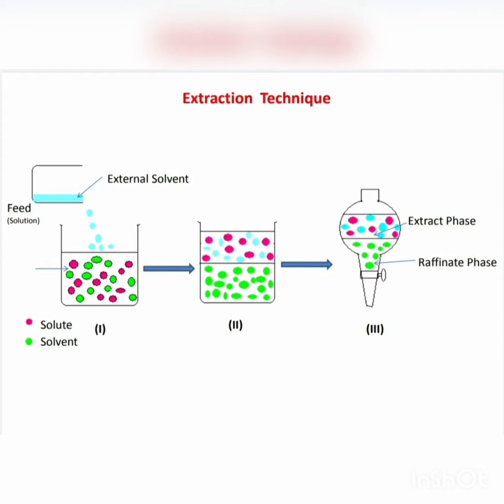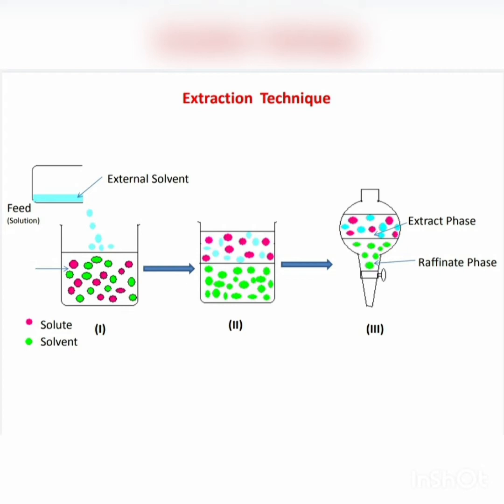A mixture of two liquids is generally separated by distillation method if the two liquids have a considerable difference in their boiling points. But if the liquids in the mixture have close boiling points, then it is difficult to separate them by distillation. So in such case, another method of separation like liquid-liquid extraction is used.